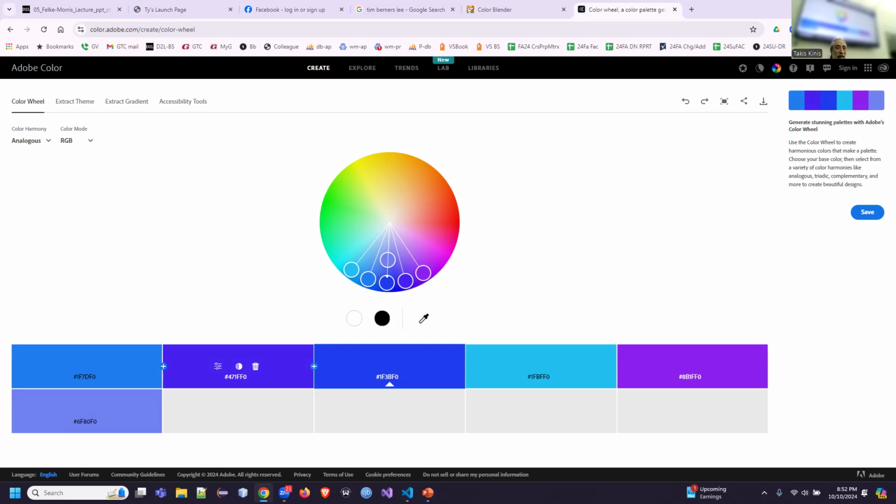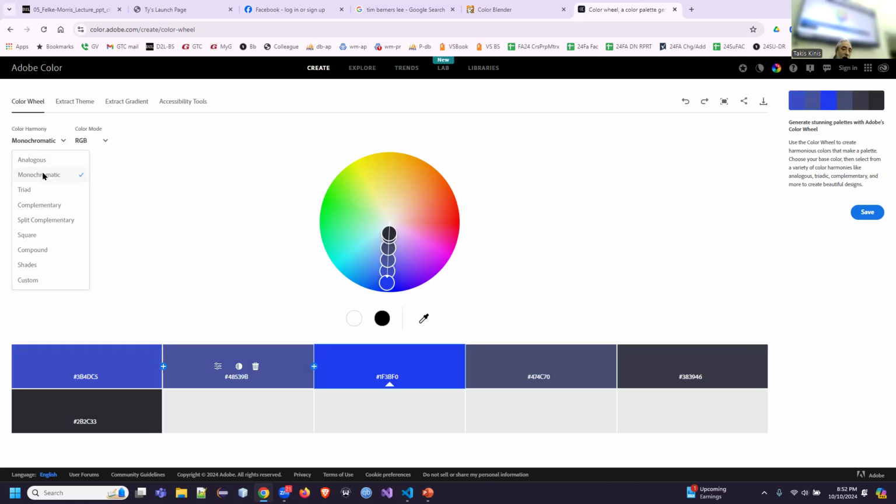Yeah, they sure do. Now, if I switch to monochromatic, all the colors are on the same axis in the color wheel. So really what we're getting is varying shades of the same color. Also kind of look good, right? So depending on what you're going for,